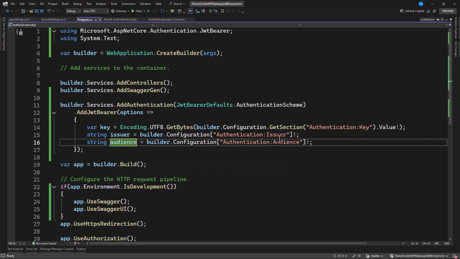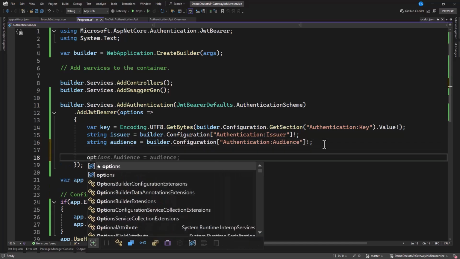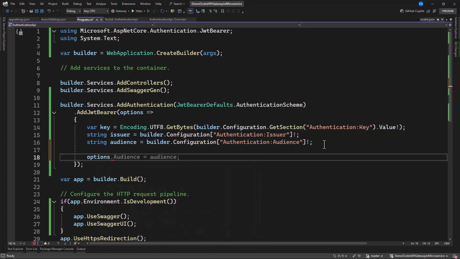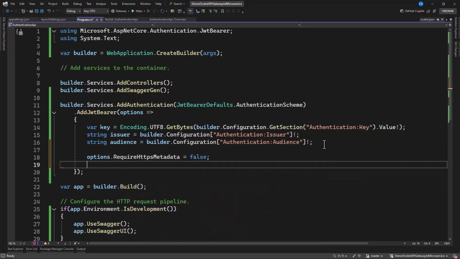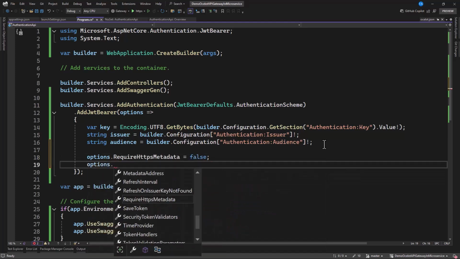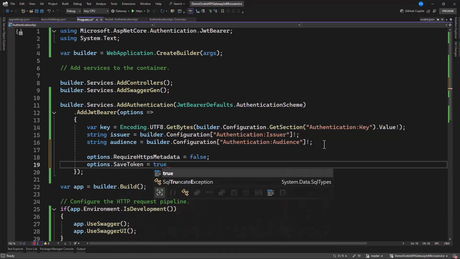So let's start setting this up. We're going to say options.RequireHttpsMetadata. Let's set this to false. From that, we're going to say options.SaveToken, let's set this to true.